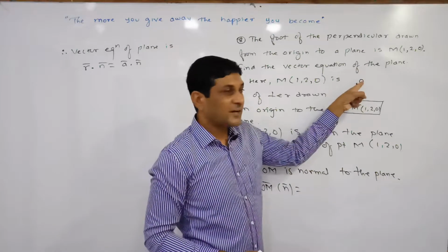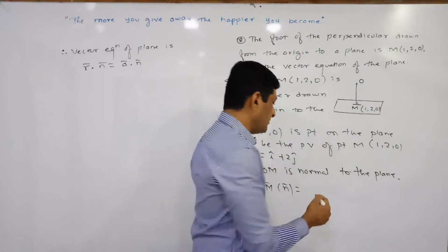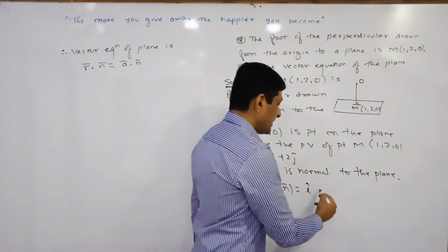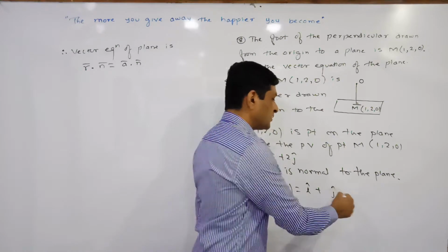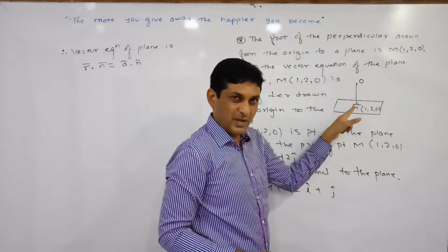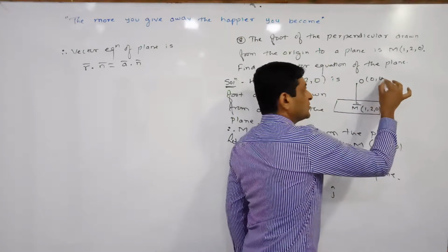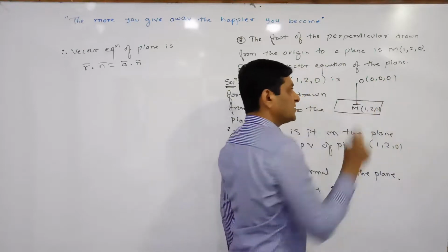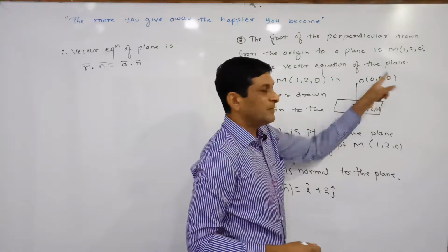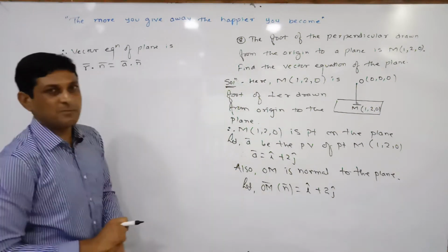Yeah, but the coordinates of O are 0, 0, 0. Here we will get 1 minus 0, which is equal to 1 i cap. Not necessary to write 1 here. Plus, now let us find the coefficient of j cap. Here 2 minus 0 is equal to 2, so we get 2 j cap. And lastly 0 minus 0 means 0 k cap. In this way we have got the value of n bar also.